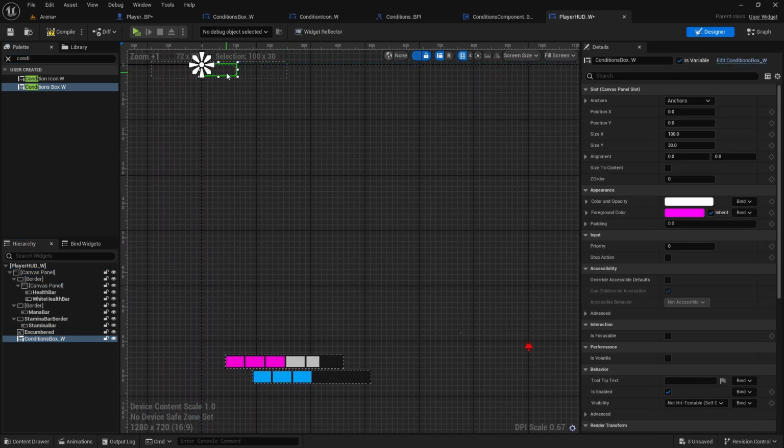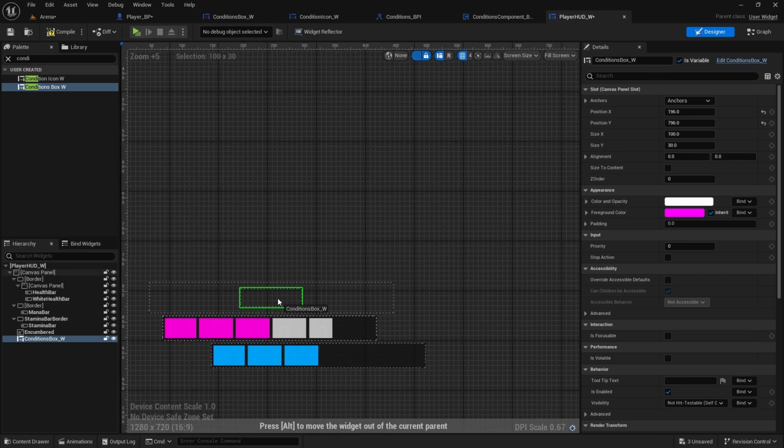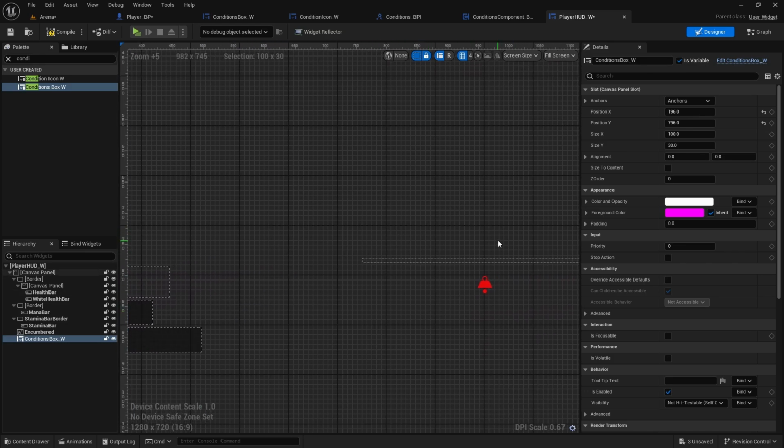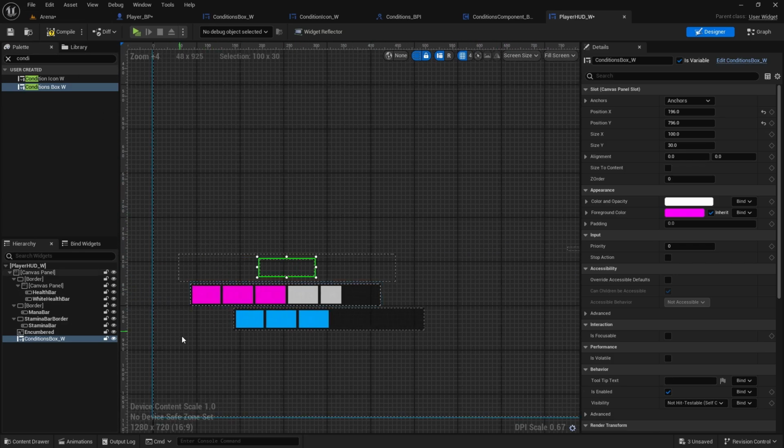And just move it here, just over my health bar. You can also put it over the stamina bar, but since the stamina bar disappears, I'm not sure if it's a good idea. So just leave it here for now, compile and save. And now